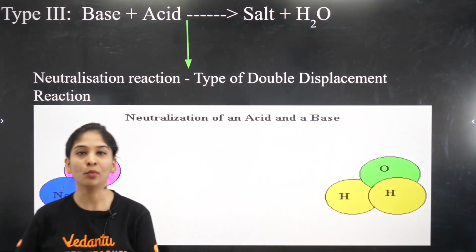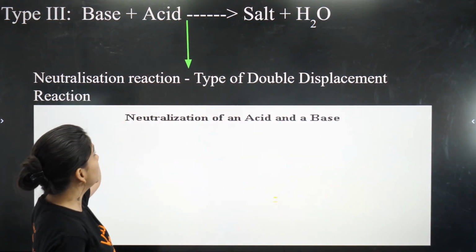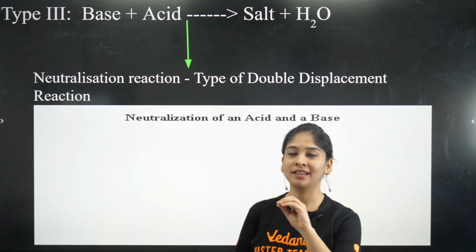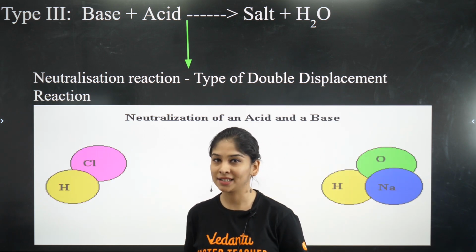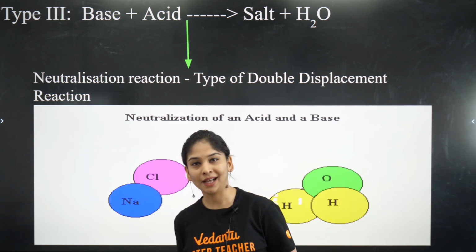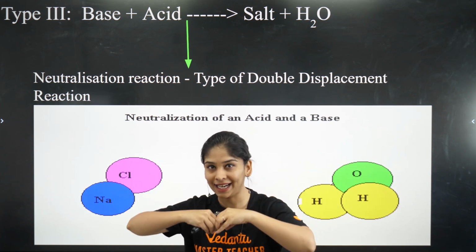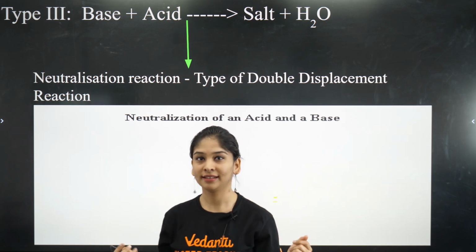Type 3, one more reaction. What exactly is that reaction? Acid with base. Very important and very basic reaction which you know from 7th class as well. There's a chapter on acids, bases and salts over there as well, you studied it there. Whenever you have an acid and a base, you'll always get salt and water. The reaction is neutralization.